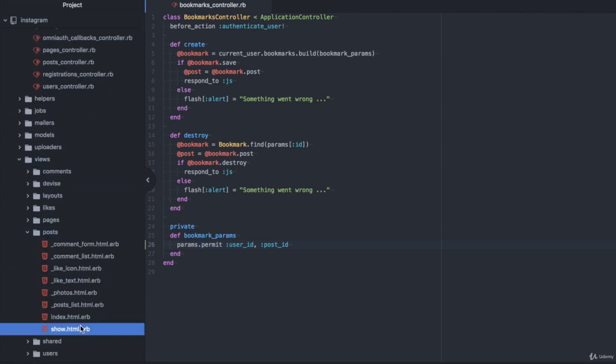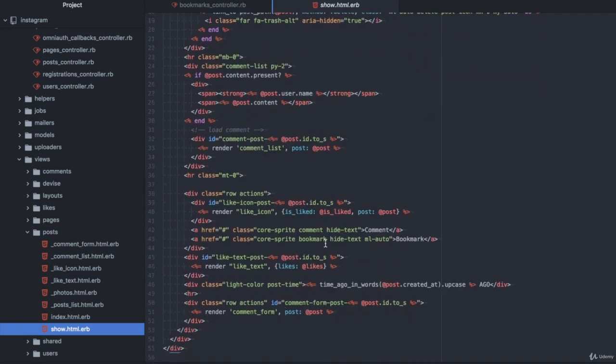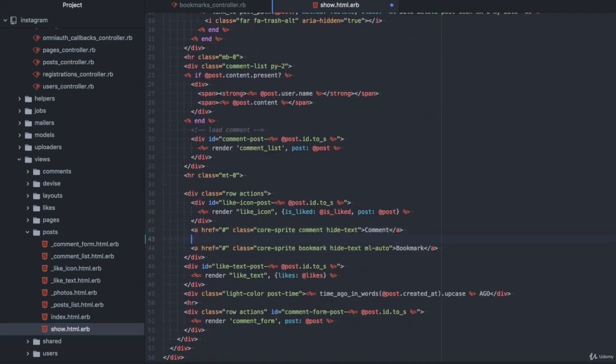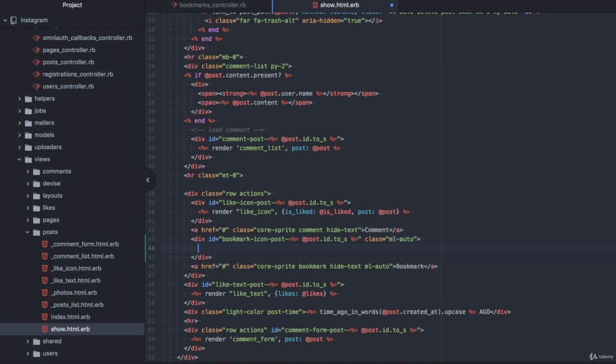Now let's open view, post, show, and this on bookmark. So let's write a div and make an ID because we want this to be unique, so later we'll use Ajax to update this. Post ID to S, and we have class left auto, and inside we have if we have bookmark,